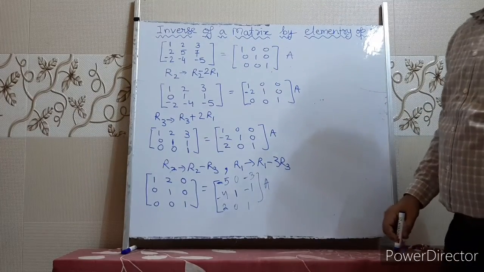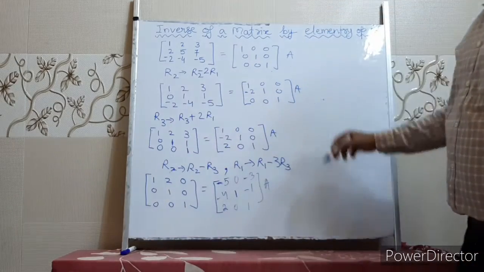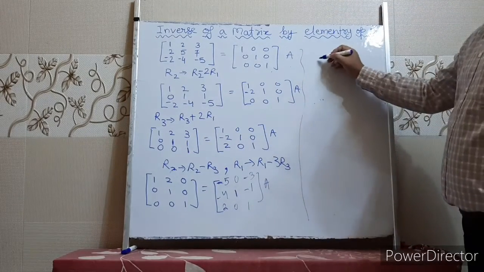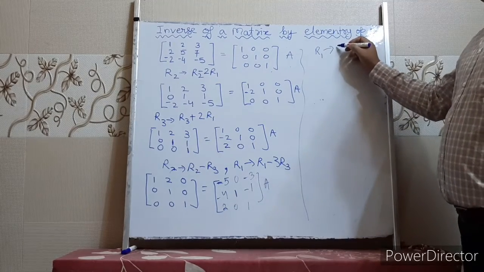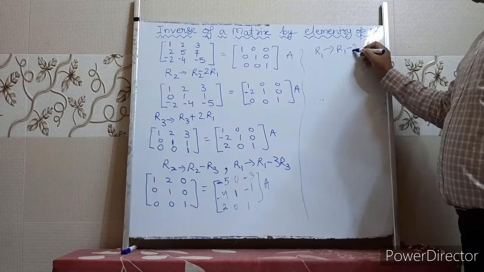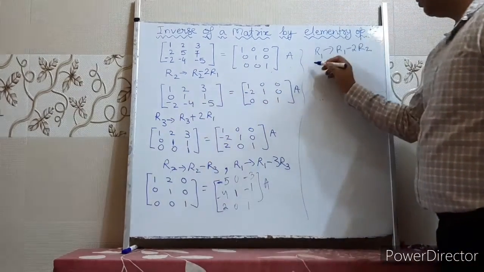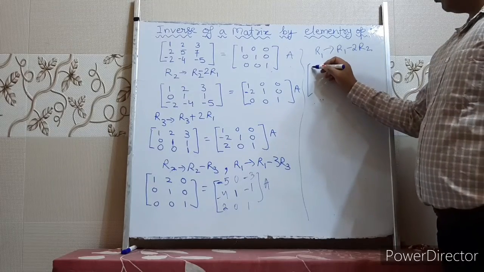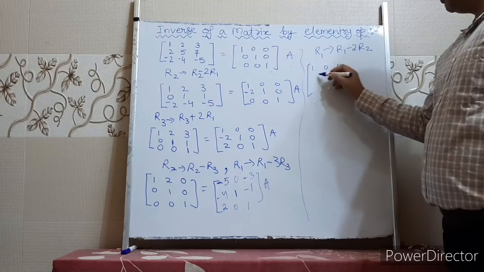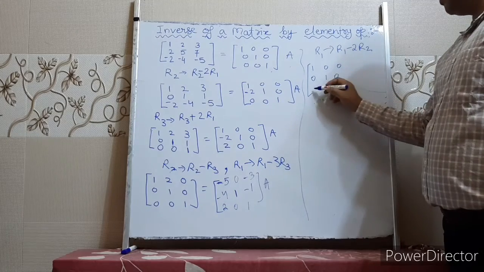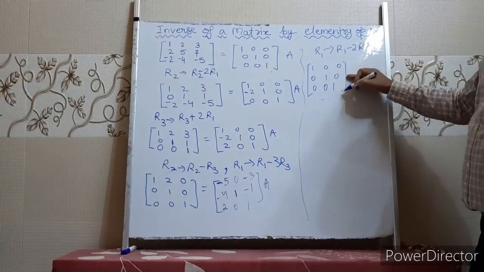Okay. Now you can see that the diagonal elements are getting 1, only here we are getting 2. So quickly see, if we apply this operation, R1 minus 2R2, then we can make this term 0. Okay. So what we'll get here? 1, 0, 0, 0, 1, 0 and 0, 0, 1. Understood, children? I am writing here equal to.